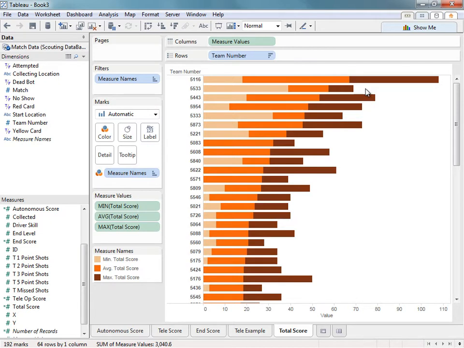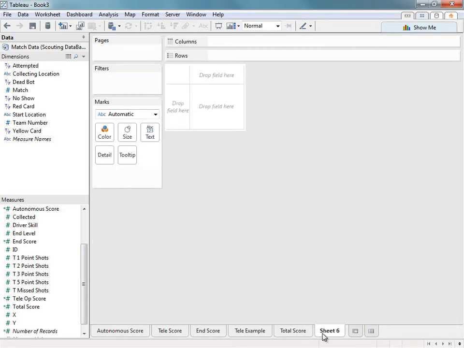Following that train of thought, a robot that doesn't have very much variation is probably a very consistent partner and can play very well in the face of defense. There is one more stacked bar chart that is very useful, and I call it the distribution chart. The distribution chart divides up a team's average total points into 3 periods so that we know when to play